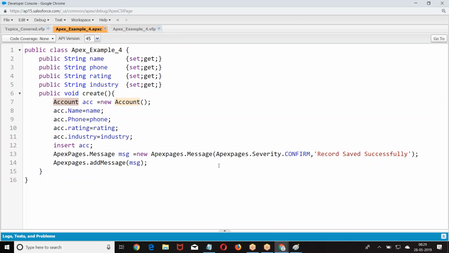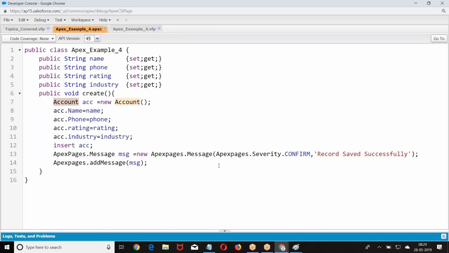Now, create a contact record using Visualforce and an Apex class. Insert a contact record using Apex and Visualforce.